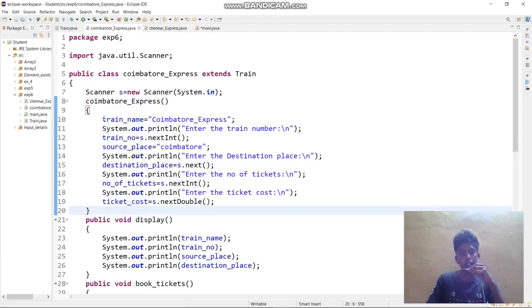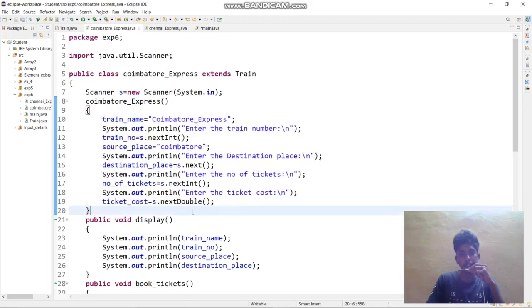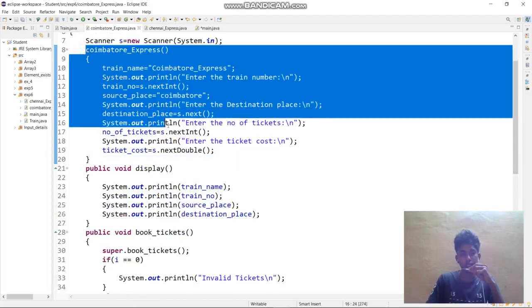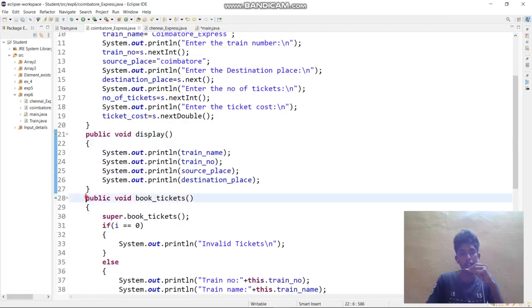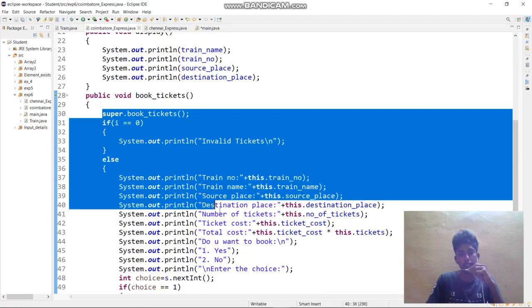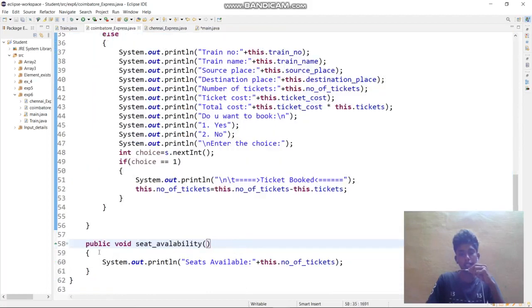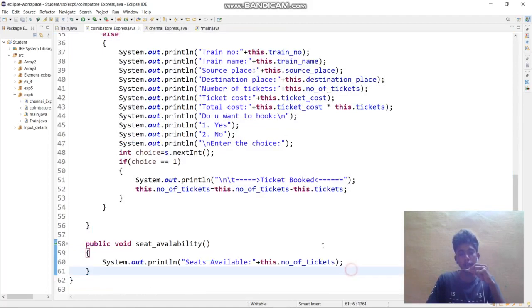I get all the values, the train details, using this constructor, and I have overridden the method book tickets. For ticket booking, I have used book tickets and written a definition, and seat availability also I have overridden and written a definition.